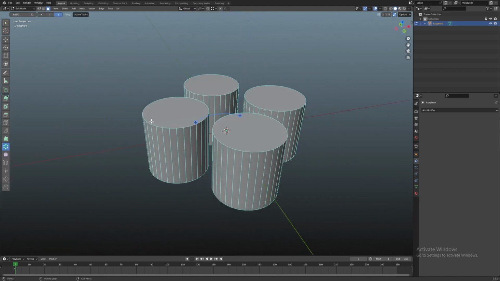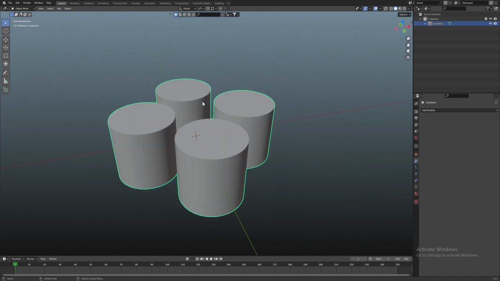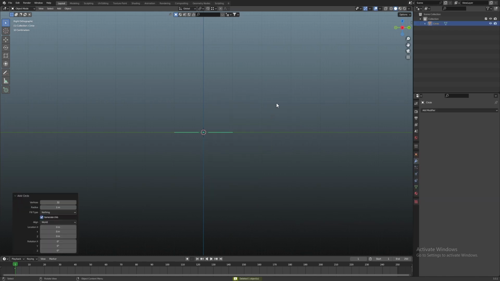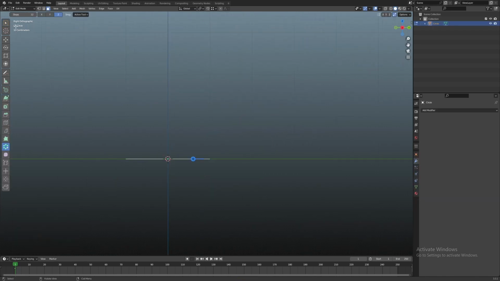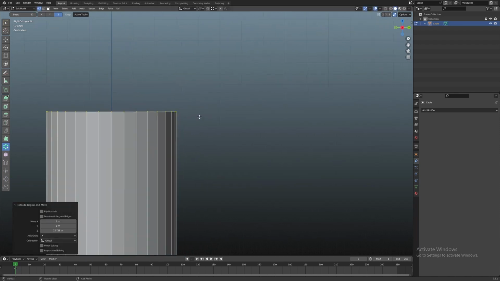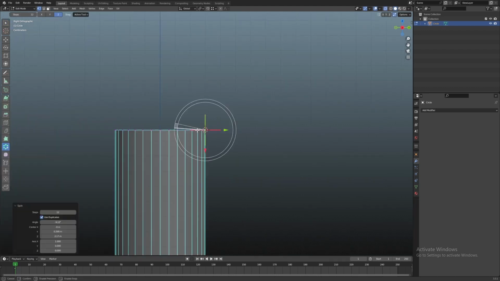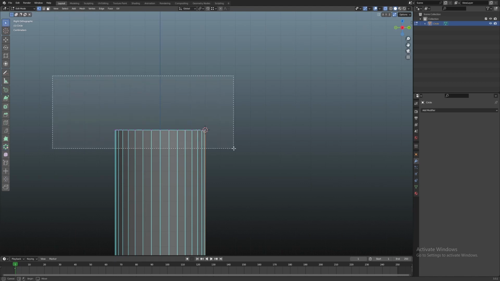Okay, so you can also do this, and one easy way I'll show you to create a pipe sort of thing. Just get a circle, scale it a bit. Okay, extrude something like this. Now you see this part, the last corner of this point. You can just bring your cursor to this point. You can select these points,